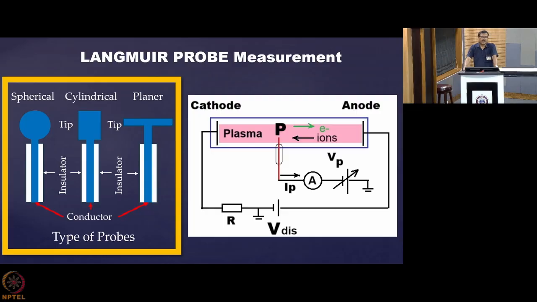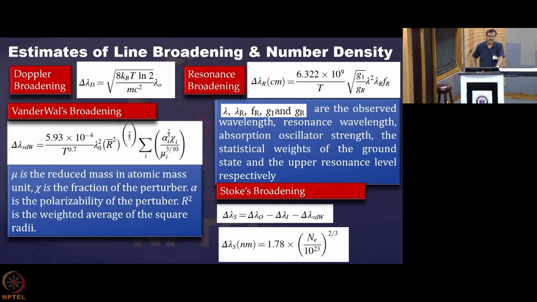Now comes the Langmuir probe measurement. This type of measurement is an invasive measurement, while the previous one what you are seeing here is a remote measurement, non-invasive measurement, because you are just recording the emission spectra from the plasma. So you can apply this to thermal plasma where the gas temperature is very high. Similarly, the Boltzmann plot technique is applicable to this thermal plasma as well.